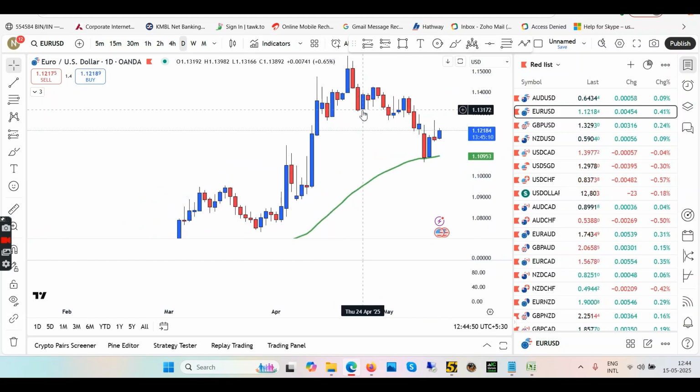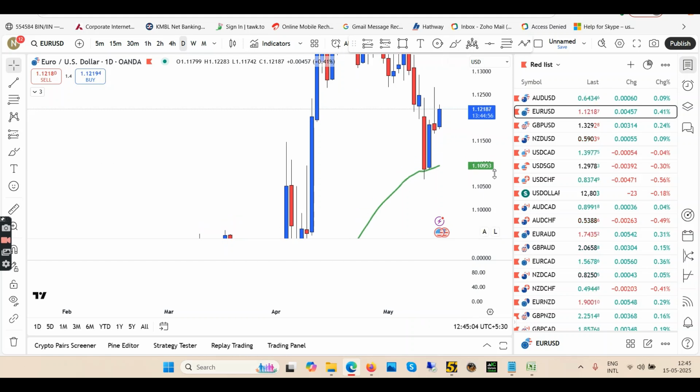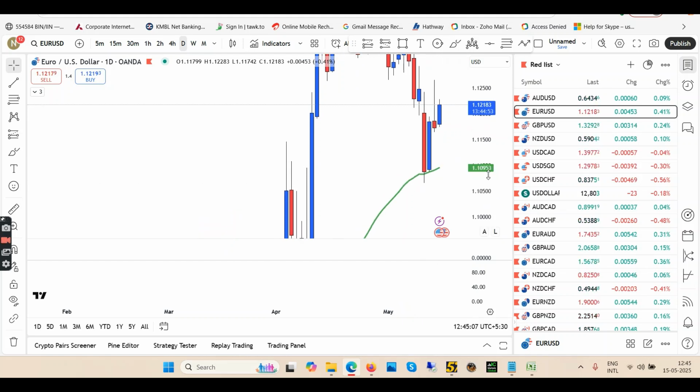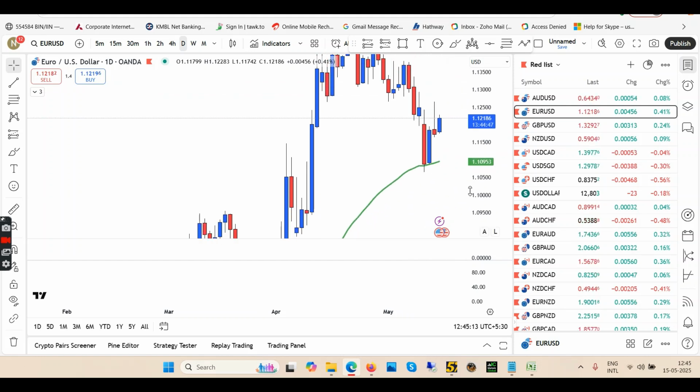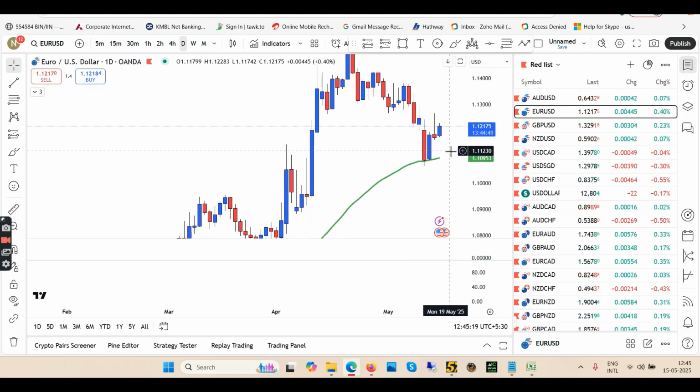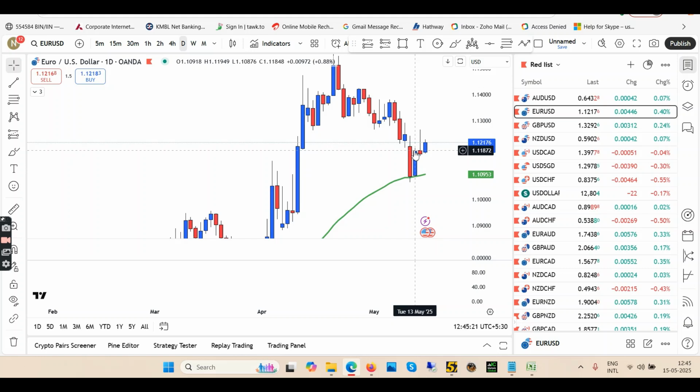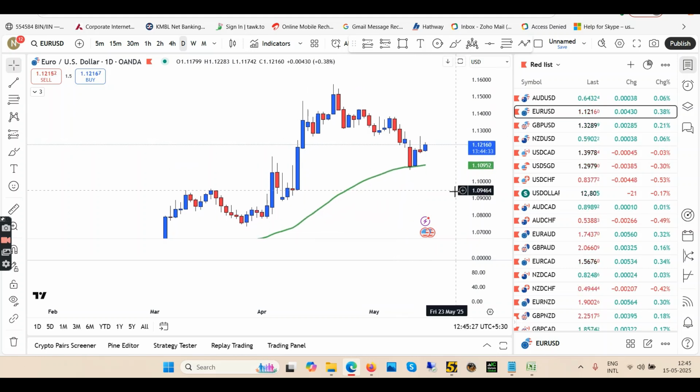Okay, so in daily, we had the new downtrend for a while. So new trend, pullback, new low, pullback, new low. But then we have a rejection from the EMA in daily time frame. Okay, so in daily we never crossed the EMA. You see here, this last red candle never closed below the EMA. Rejection came, right? And right after this red candle, which was rejected by the EMA, we have a blue candle, which means if you enter buy here or even here, you should be able to take some profit until here. Okay, so the way I see it, we are starting a new uptrend because the EMA is rejected.